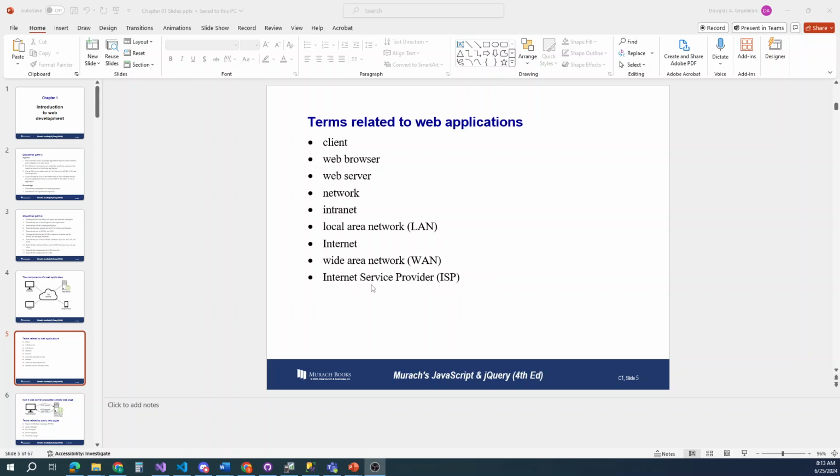Big ISP around here probably is Charter, maybe AT&T. I'm waiting for i3 to come around my neighborhood. I'm getting tired of Charter cutting out on me all the time. So,